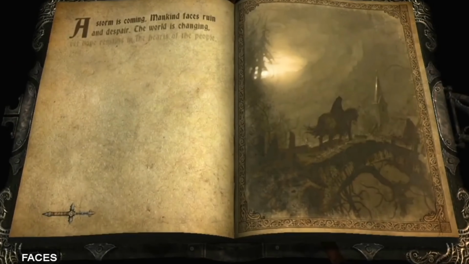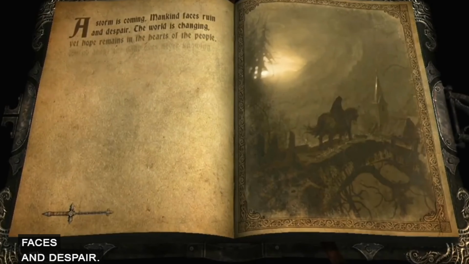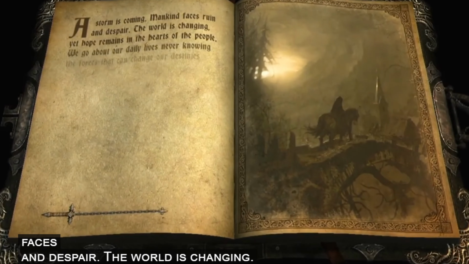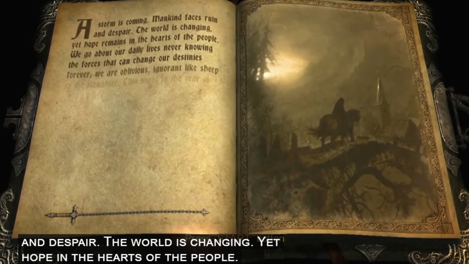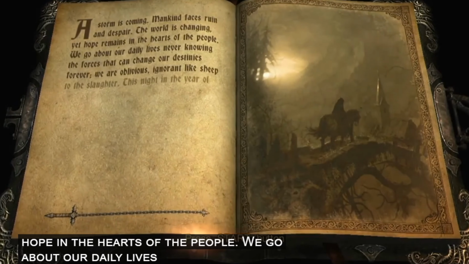Mankind faces ruin and despair. The world is changing, yet hope remains in the hearts of the people. We go about our daily lives never knowing the forces. The struggle for supremacy